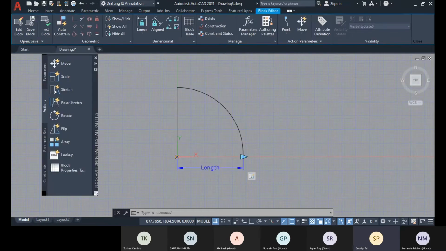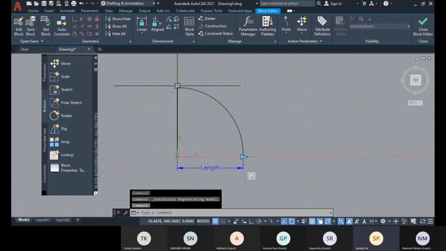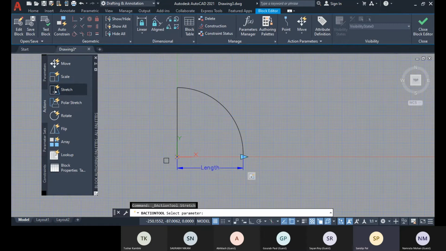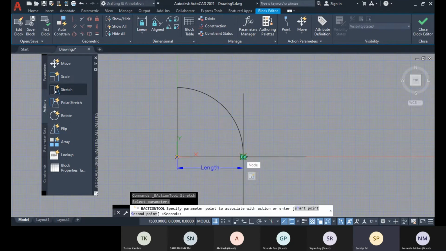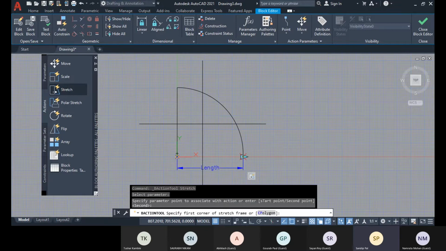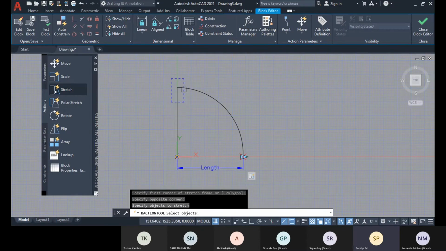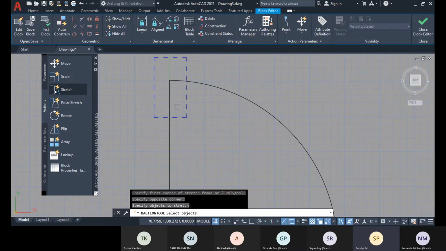So according to that, this vertical line will be stretched vertically, right? So I also have to do that. Go to this stretch, and we already have the parameter in this direction. We will stretch. Okay, so select this parameter, and this point will be associated with the action, and then specify the stretch corner. So this is the corner.